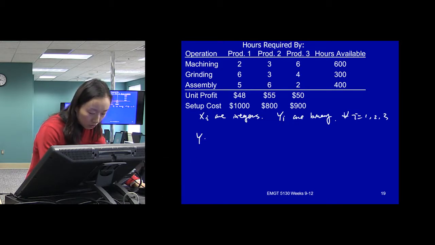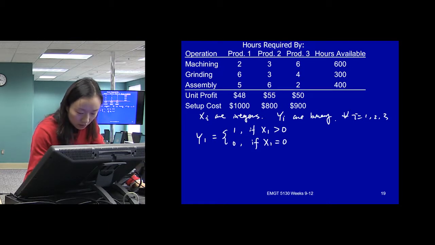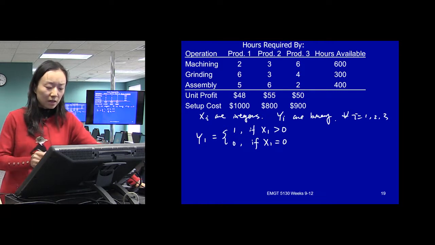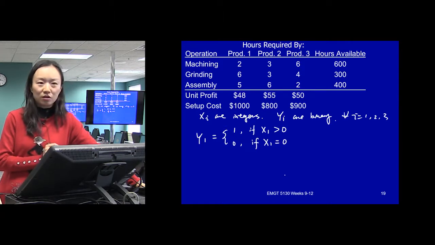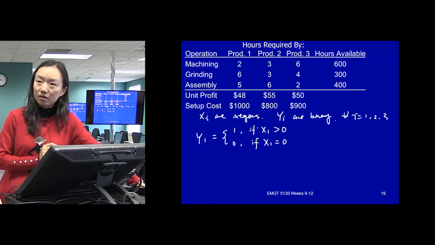So y1 equals to be 1 or 0 if x1 is greater than 0. y1 will be 0 if x1 equals 0. So we'll just use y1 and x1 to illustrate this first. Let's see, how do we come up with a constraint that helps us achieve this relationship?